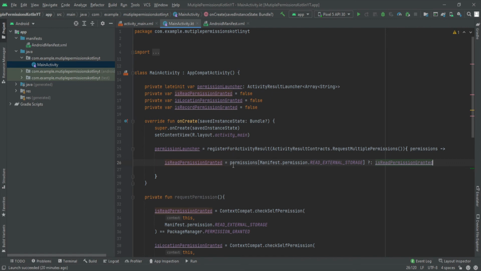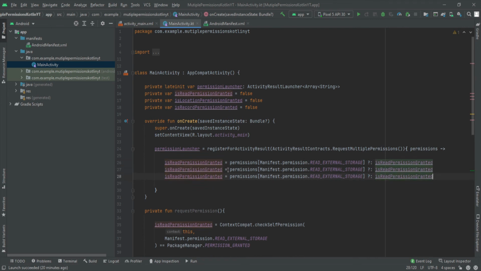Okay, here we'll get the value of this permission, whether this permission has been granted by the user or not, and if it is null then we have this null operator, then the similar value will be updated. Whatever earlier value for this variable is there, it will be updated to this again.